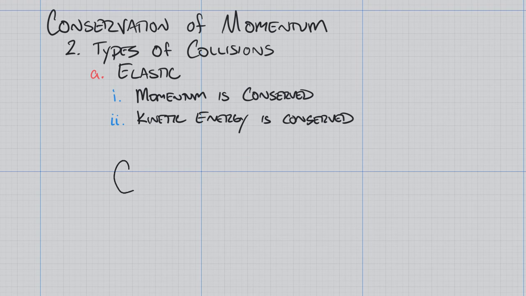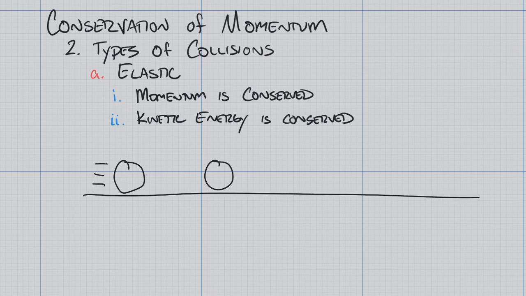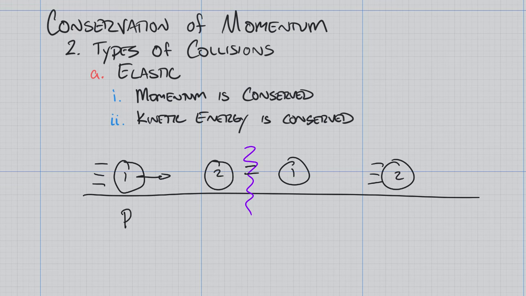And so typically what you'll see is, you have an object which is moving along a surface, and then they collide. So this object is moving, object 1 is moving towards object 2. There's going to be some collision, which again is my equal sign. And then what we'll see is we'll see object 2 moving away from object 1, and that might be stationary after that collision. So if we're writing our equation with this, we could say momentum of 1 initial plus momentum